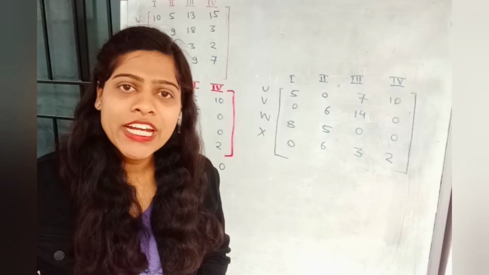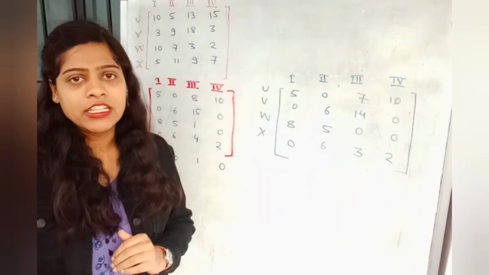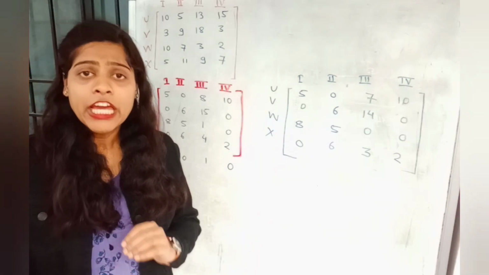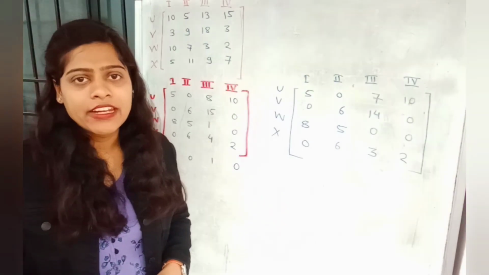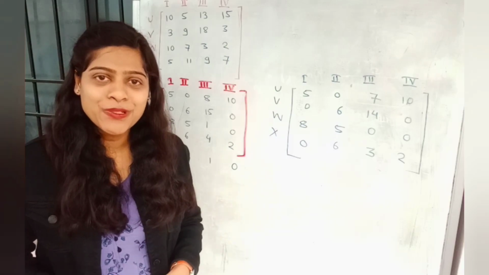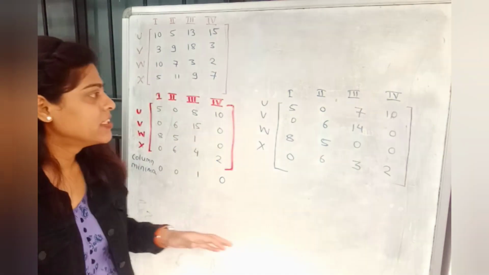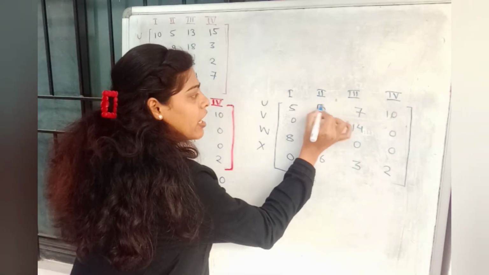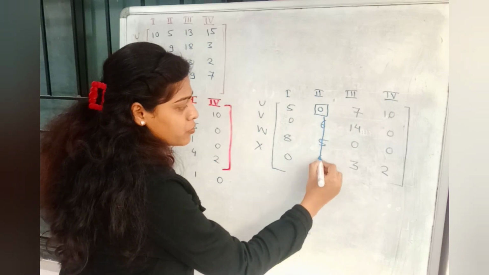After row reduction and column reduction, we have got this matrix, and now the next step is row scanning. For that purpose, we just ensure that in the first row there is only 1 zero. If we find more than 1 zero, then just keep that row and go to the next row. And if we find only 1 zero, then put a square around that zero and draw a vertical line passing through that zero. So firstly we observe that in the first row we have only 1 zero. So put a square around that zero and draw a vertical line through that zero.